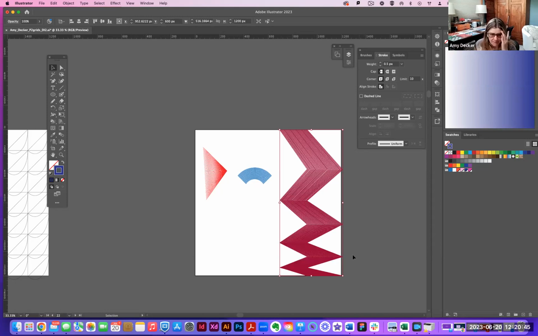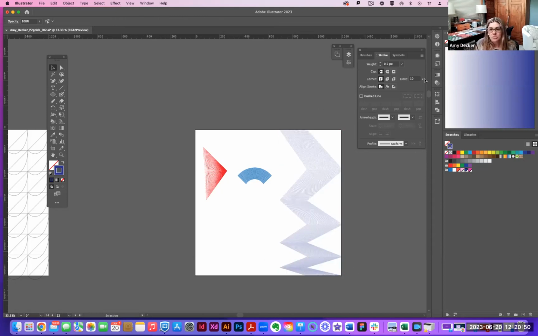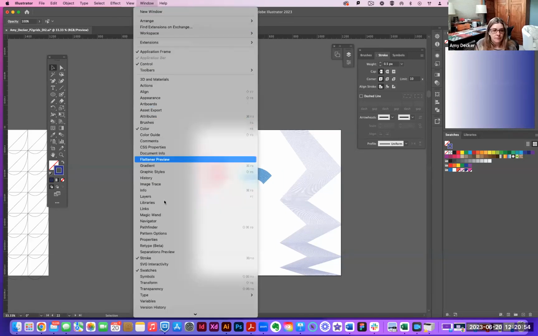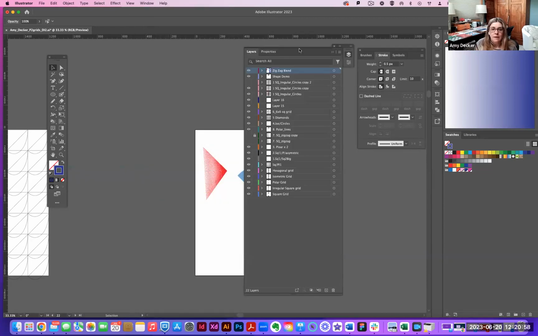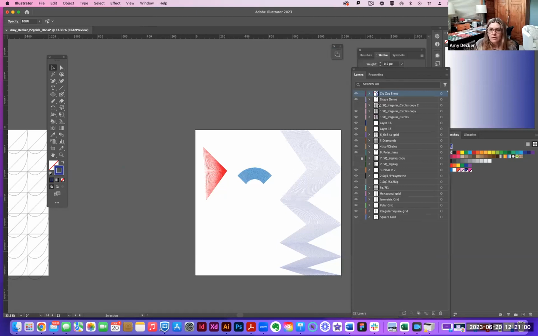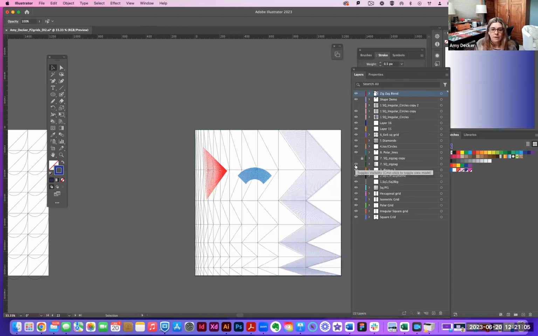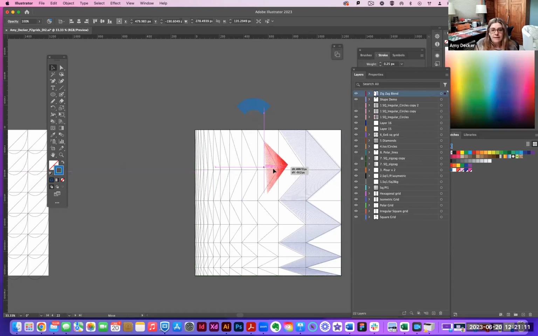And group it so they're all together. So now when I go into my layers, okay, I can have my zigzag pattern in here, right? And this guy doesn't really belong here, but let's say this was, you know, designed as one of,